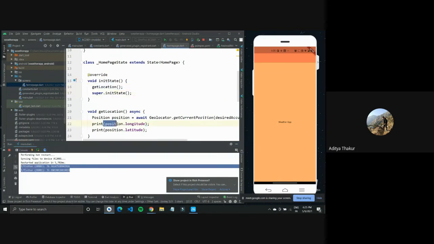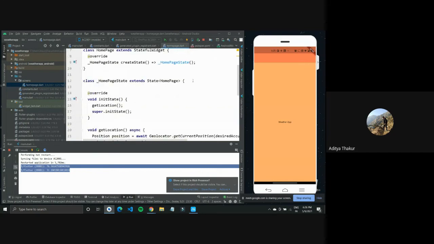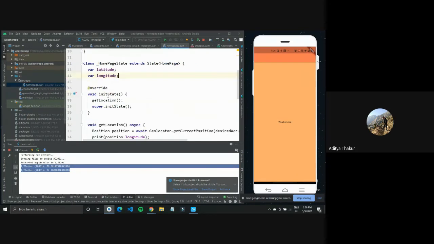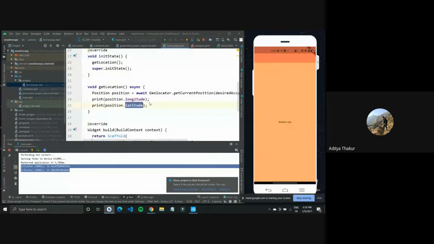As in, we don't have variables right now, but we can add some variables, and instead of printing we could save this value to those variables. Let's just do that. Let's just create new variables, as in type in variable latitude, and also create a variable called longitude. All right, so instead of having it right here, let's just save this in variables.